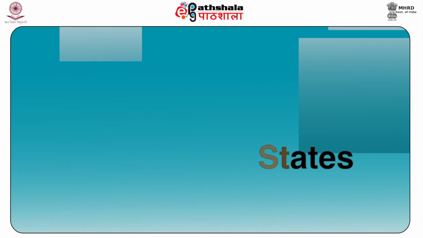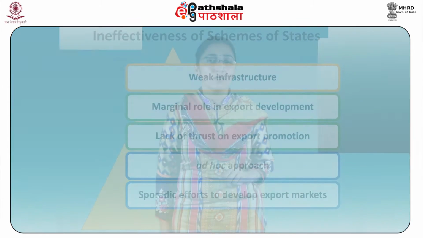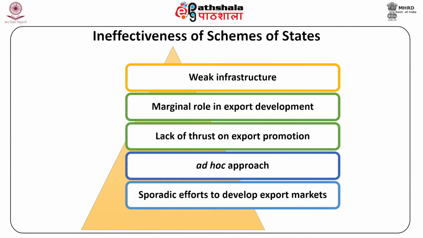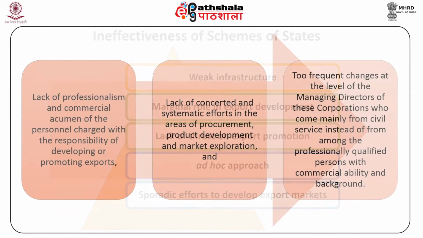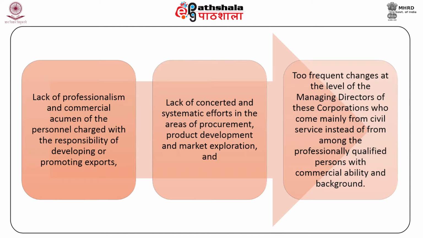Ineffectiveness of schemes of states. Despite various agencies and schemes involved at the state level to boost export, there has been no visible progress in this regard. The poor performance and shortcomings of the state governments may be attributed mainly to weak infrastructure, marginal role in export development, lack of thrust on export promotion, ad hoc approach, sporadic efforts to develop export markets, lack of professionalism and commercial acumen of the personnel charged with the responsibility of developing or promoting exports,